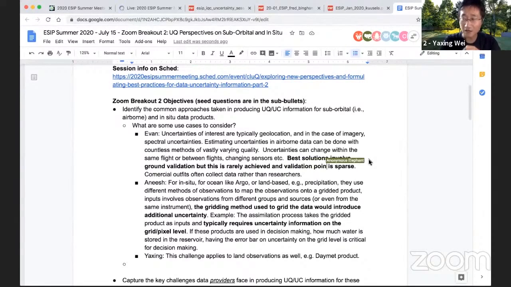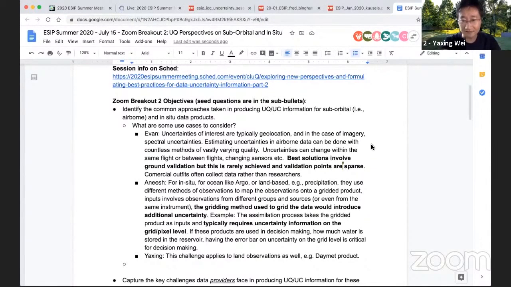So we have 4 objectives for the breakout discussion for sub-orbital and in-situ data products. The first one is the common approaches taken to produce UQC information for such type of data. And we talked about those different aspects of the uncertainty information, like the geolocation uncertainties associated with LiDAR observations, and also the spectral uncertainties associated with imagery